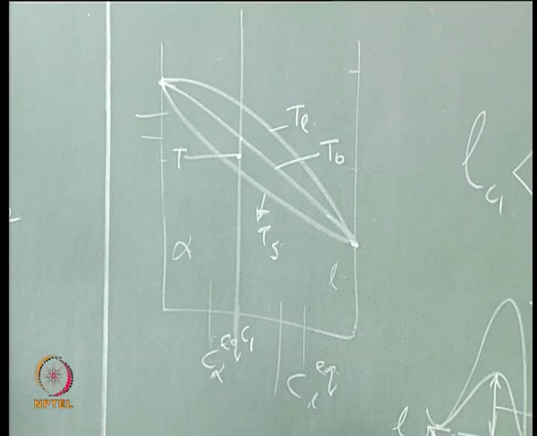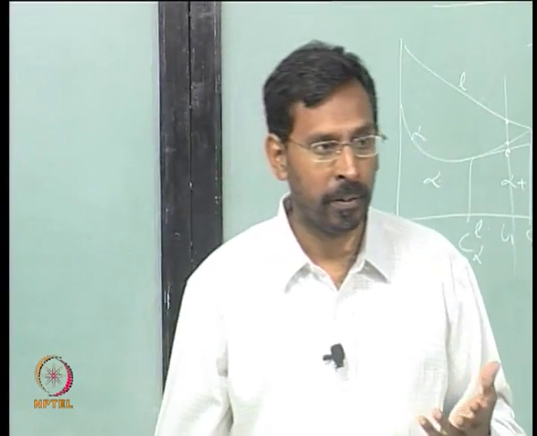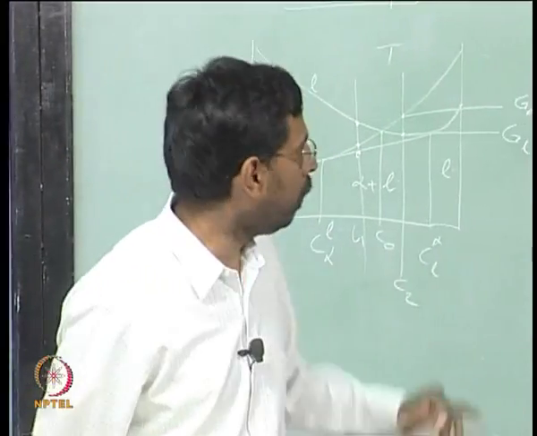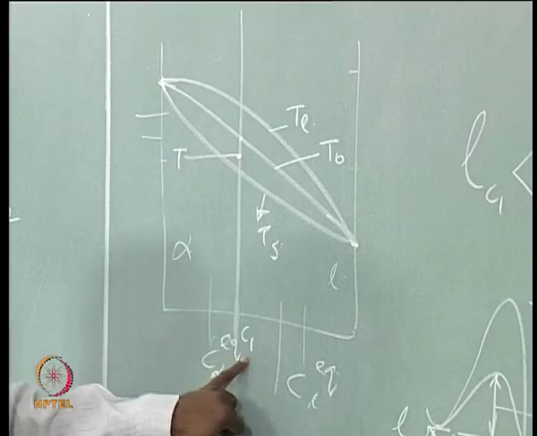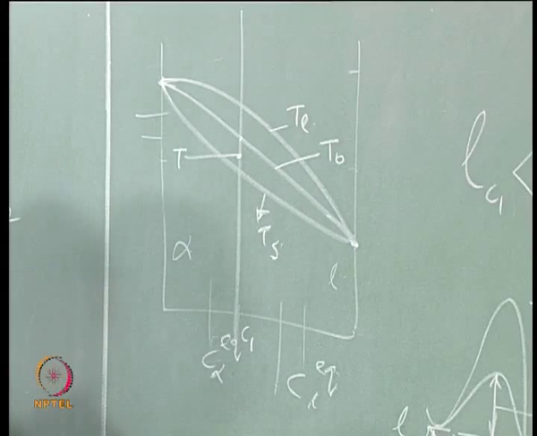What is the difference between the two? It is not cooling rate. I am saying that I have undercooled C1 to temperature T. I am also saying I have cooled liquid C1 to temperature T. What is the difference between the two?